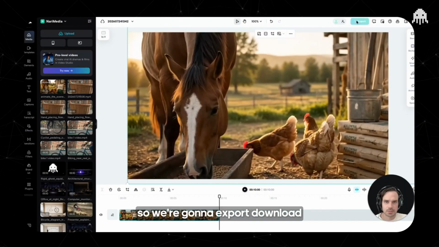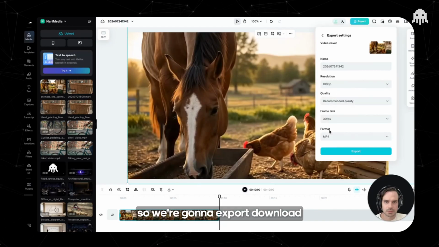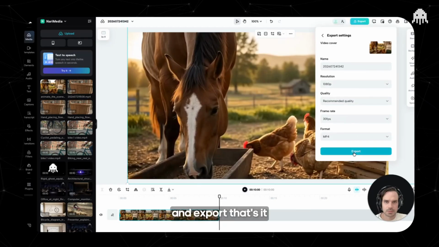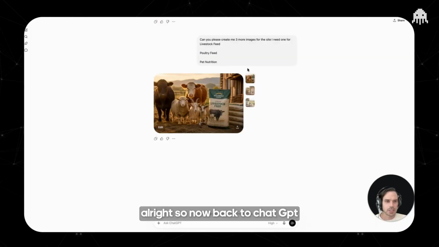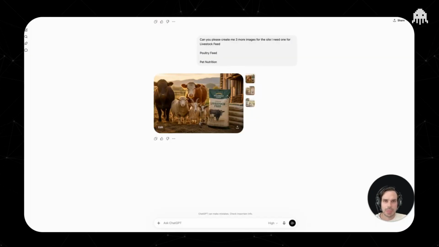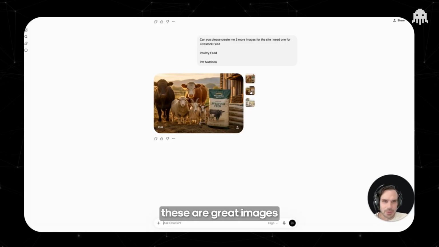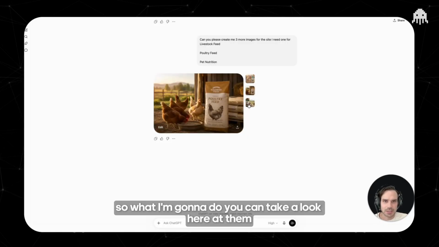So we're going to export, download, and export. That's it. All right, so now back to ChatGPT. These are great images. So what I'm going to do, you can take a look here at them: poultry feed,